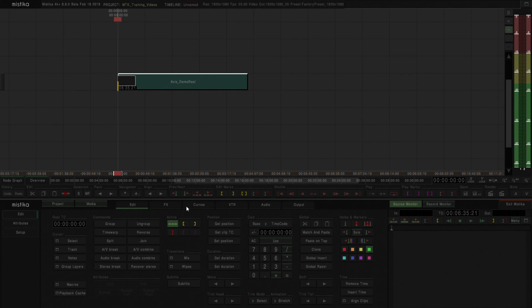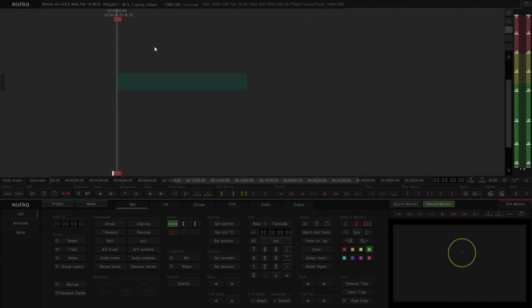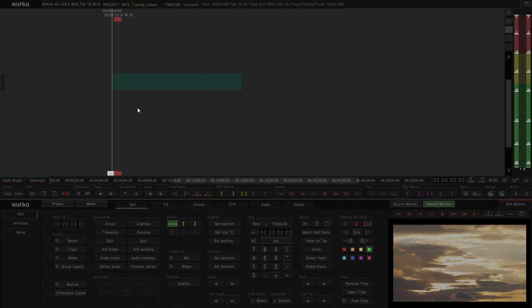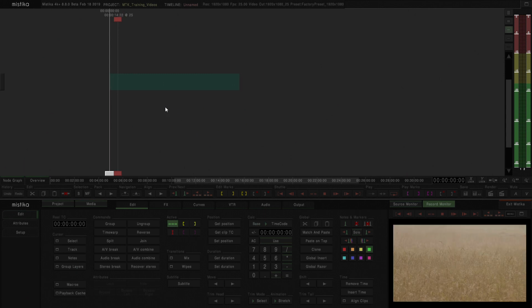In this video, we're going to have a look into how we can do a scene detection on any clip in Mistika. So I have a video clip in my timeline, and as we are going to be able to see here now in the record monitor, it's a consolidated file with all the media and all the cuts inside that file, and they're asking us to